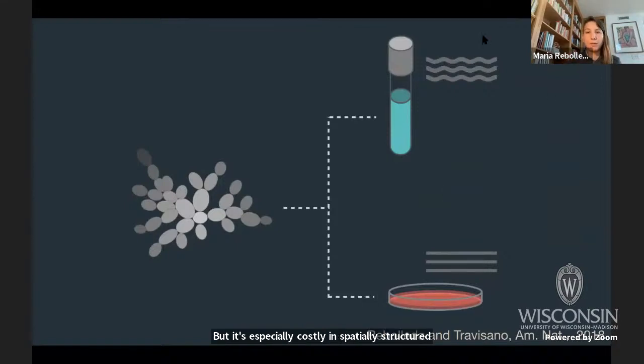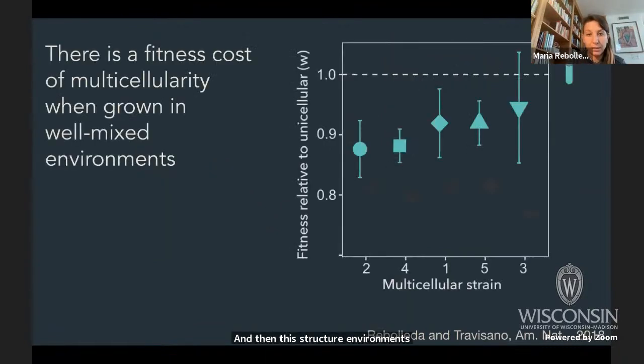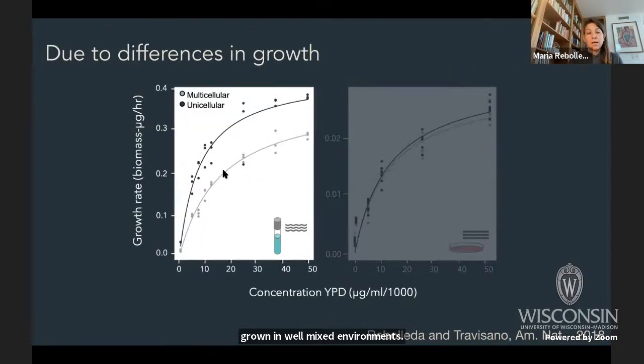So we have these two environments, well-mixed environments, where all the resources and cells are everywhere, and then these structured environments where organisms only have access to local resources. And so there is a fitness cost of multicellularity when grown in well-mixed environments. So this is the cost of being in liquid. And that cost has to do with